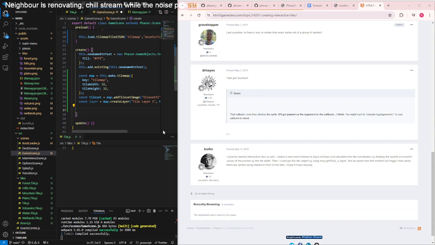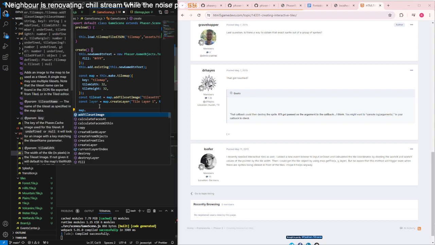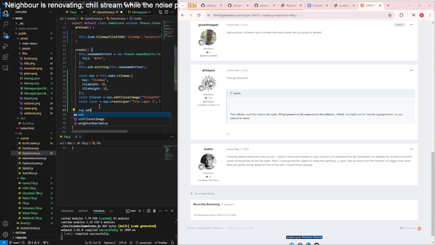This is not a bad idea. I think I used something like this way back in Unity. An input on down. So if I map dot add no